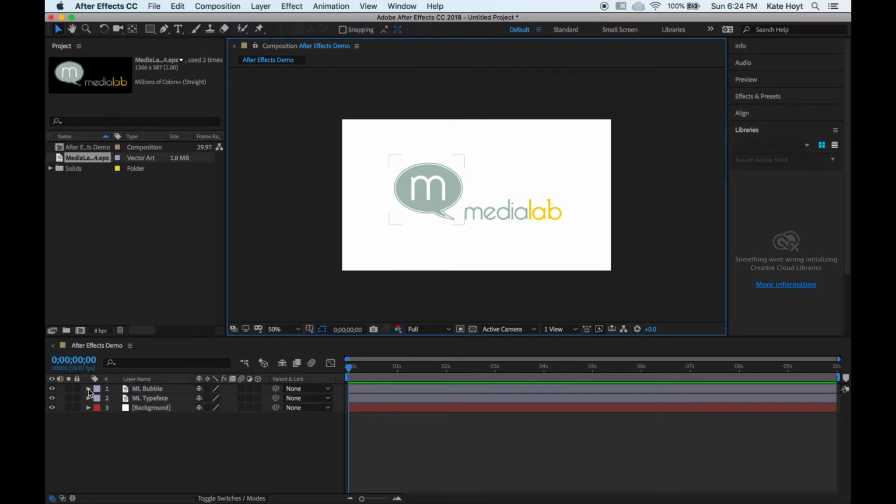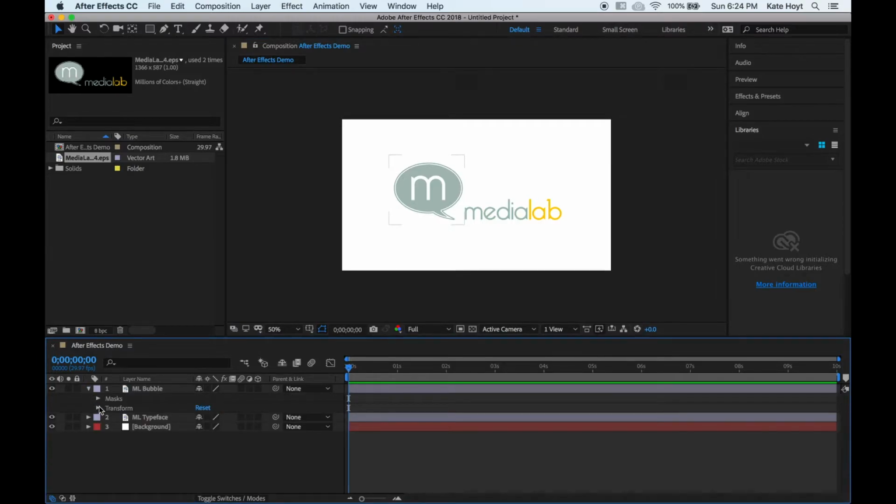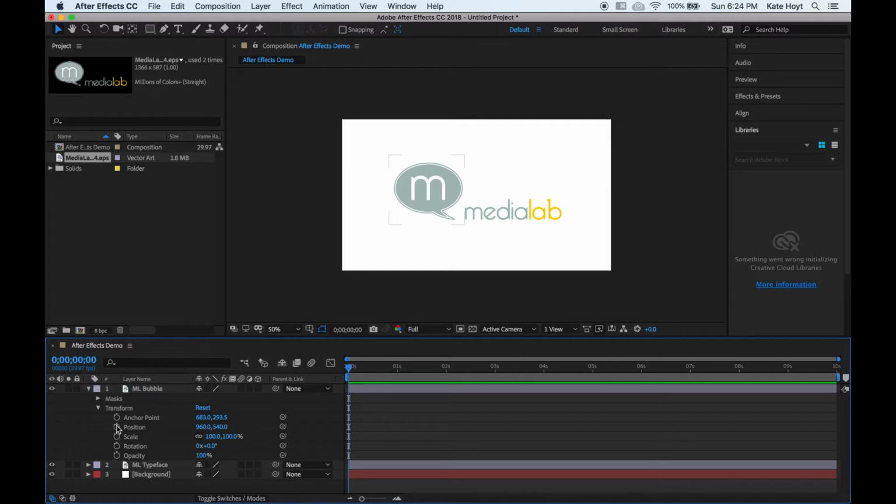I'm going to expand it, and you can see now that we have a transform layer, and we also have a mask layer. It only has this mask layer here because I've put a mask on it. If I didn't, it would not be there. All we'd have is transform. So every layer comes with this transform panel, and it will sort of give all of these characteristics so that